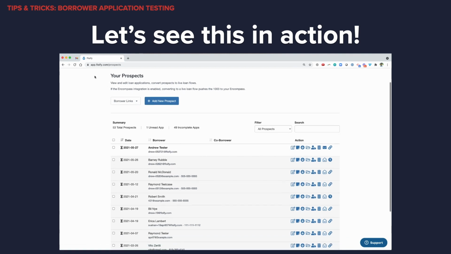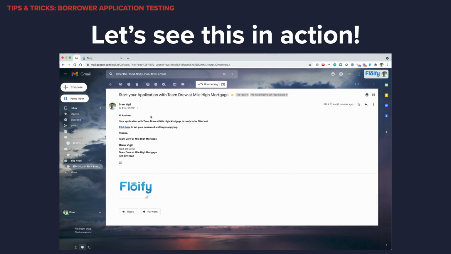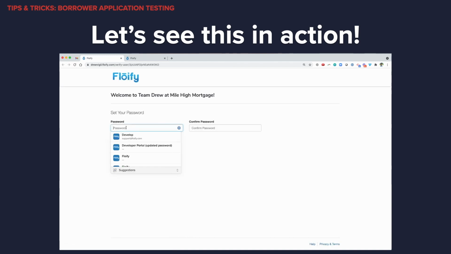Now, when I sent that email, let's take a quick look at what that email looks like. So let me refresh my page here. Here's the email I just received. "Hi, Andrew. Your application with Team Drew is ready to be filled out. Click here to set your password and begin applying." So the borrower is going to click there, set their password,